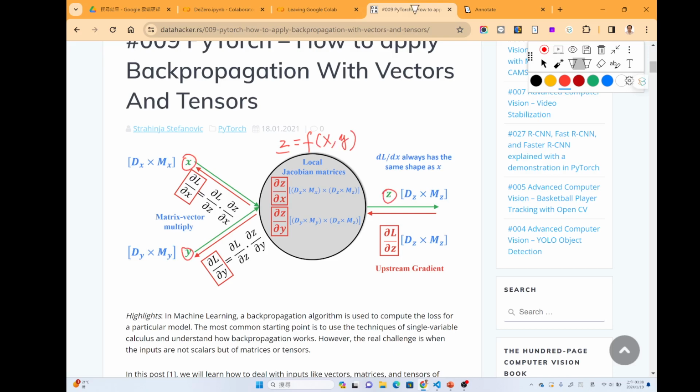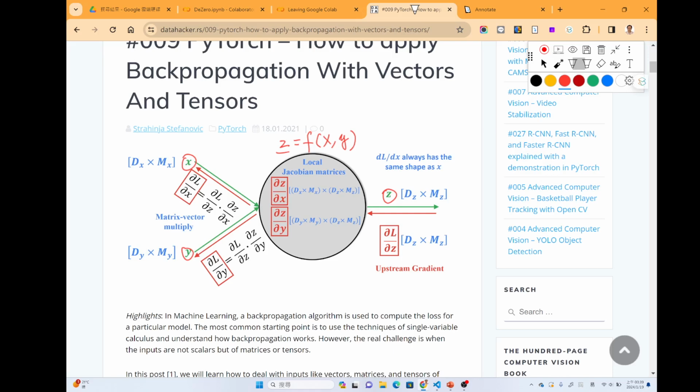The f could be an arbitrary function which takes the matrices x and y as input and outputs another matrix z.